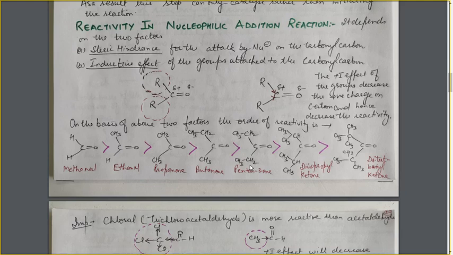Here there are two ethyl groups, the steric hindrance will again increase, and here there are isopropyl groups, it is diisopropyl ketone. There is an isopropyl group on both these sides, that is, reactivity is further decreased, and here there are tertiary butyl groups on both these sides. Tertiary butyl groups are much bigger groups, that is having least reactivity in this order. So we have seen how the two factors are deciding the reactivity of different carbonyl compounds.